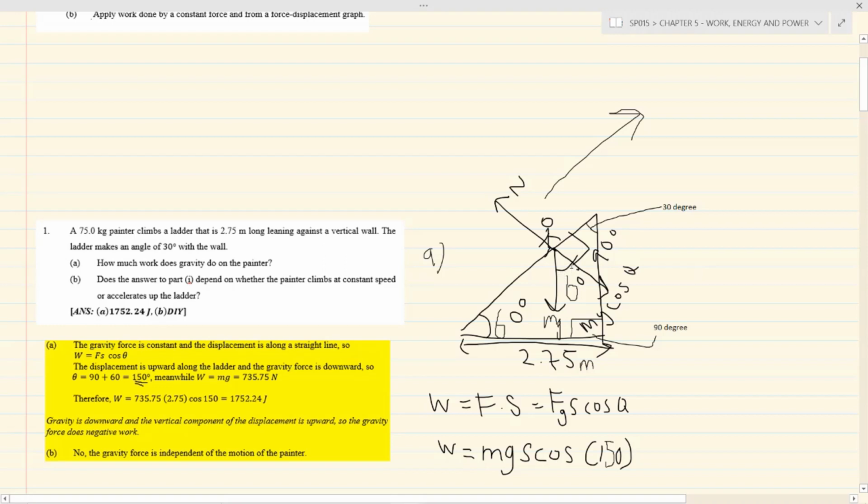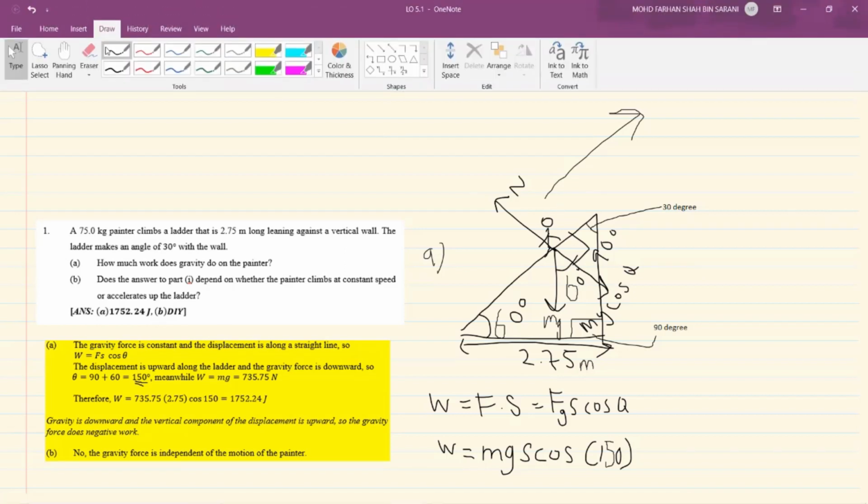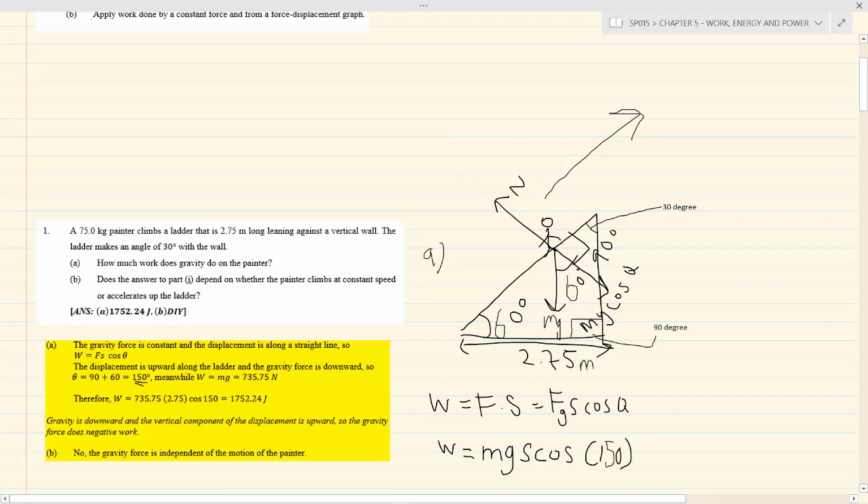Selepas tu between angle ke bawah yang itu mg cos theta ni dengan juga kita punya displacement ke straight line. Okay, straight line situ, displacement S is 90 degrees. So the total angle sini adalah 90 plus 60 degree, which is 150 degrees. So that's your angle between the force mg and the displacement, which is 150 degree. And then kita punya weight W sama dengan mg. So when you calculate the mass 75 kg times 9.81, you have 735.75 newtons. Okay, so the total weight W sama dengan